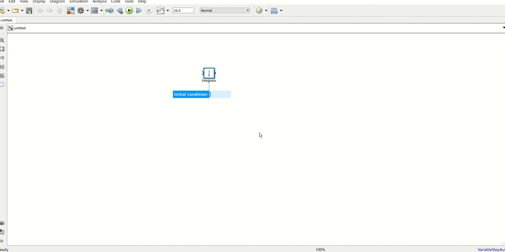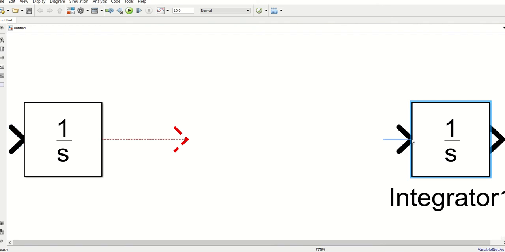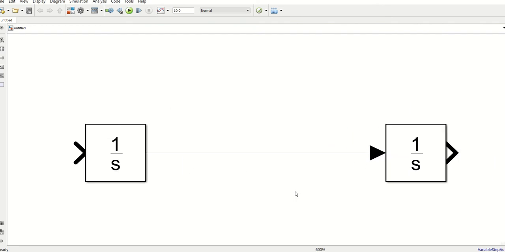So I have put in an integrator. I am keeping the initial conditions at the default 0. One more integrator we need, so let's copy and paste here itself. I'll keep it bigger. What we need to do is combine these two, so these two are connected.